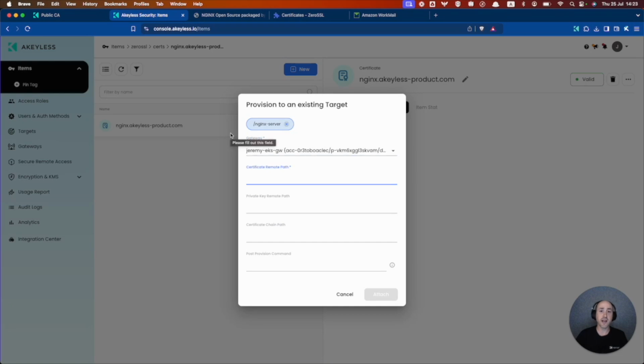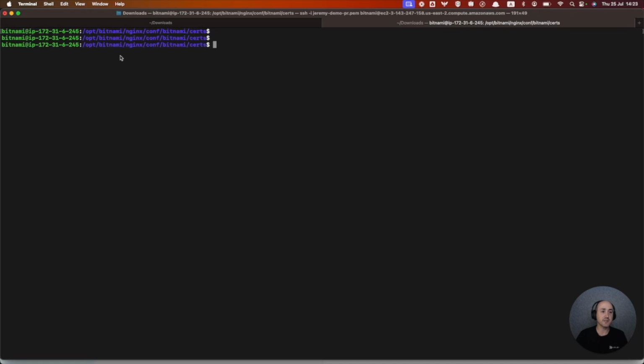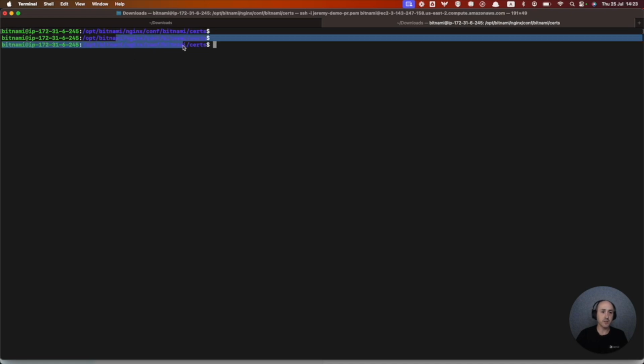In this case, we need to add the remote path as well, where we want the certificate and private key to be located inside of our server. And we're going to go ahead and paste that in. In this case, I want them in the same folder. Go ahead and click attach. And once that's done, I now have the private key and the certificate in the same path inside of my server. So if I go back to my server here and I'm in the location already,